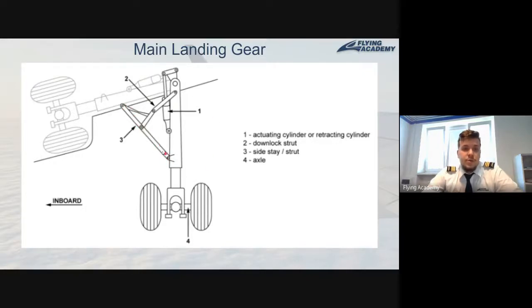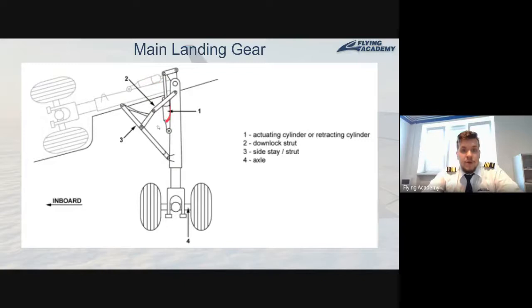In our example, we have this element with the number 3, which is called a side stay, because technically this is the front projection of our landing gear, like watching the main landing gear from the front, and this element of construction is located on the side. So in our case, that will be to the right relative to the landing gear. This element of construction will prevent lateral motion of our landing gear, to prevent movement of the landing gear to the right and to the left.